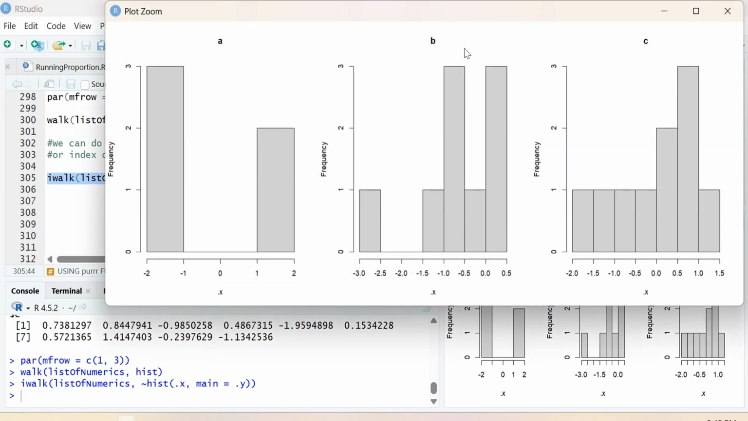So this is the result. You can see it is much better. A, B, and C, and X